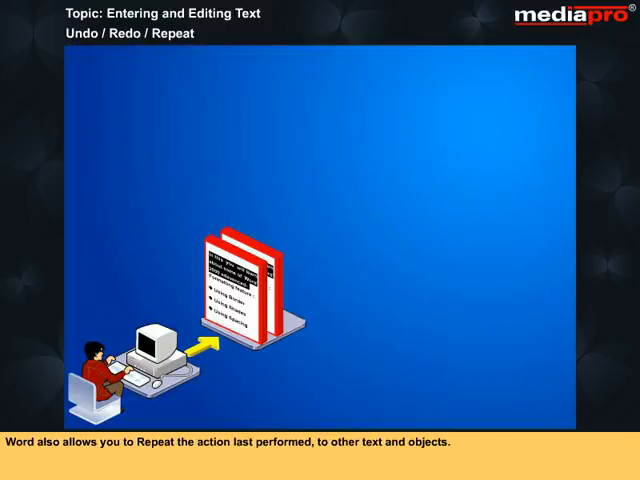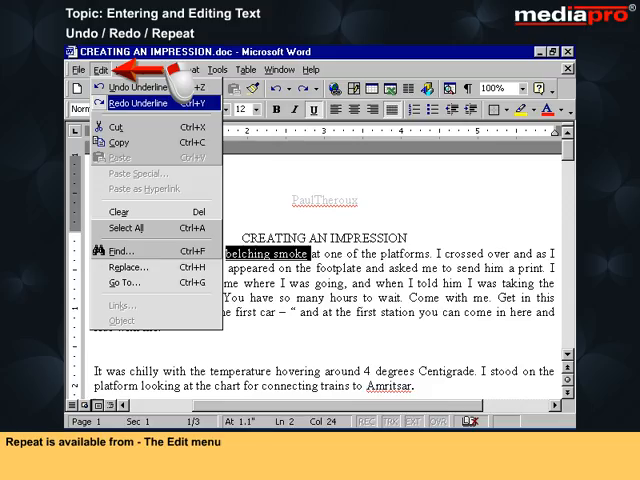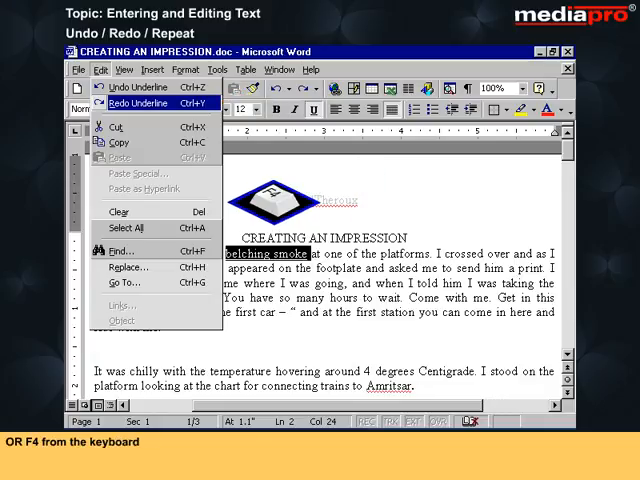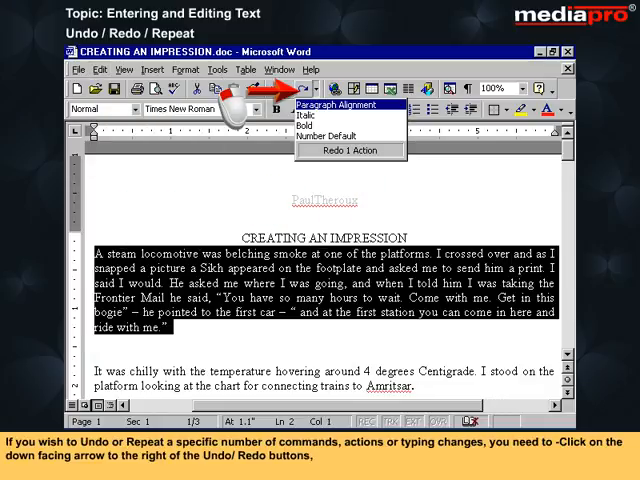Word also allows you to repeat the action last performed to other text and objects. Repeat is available from the Edit menu, the Ctrl+Y key combination, or F4 from the keyboard. If you wish to undo or repeat a specific number of commands, actions, or typing changes, you need to click